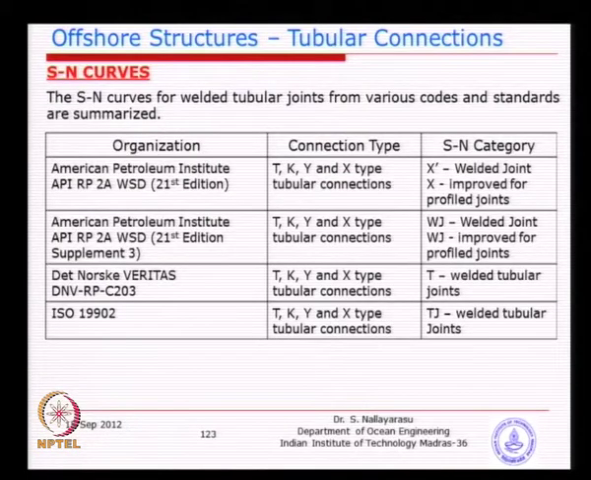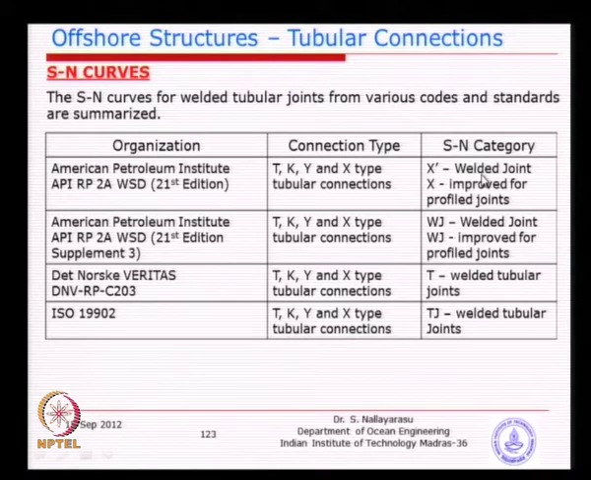Various types of SN curve are available. You can see here the four organizations I have listed, and almost all of them have all four joint types: the American Code, both the earlier version and the recent version, the DNV and the ISO. If you look at the recent ones, the curves are almost similar, but the earlier